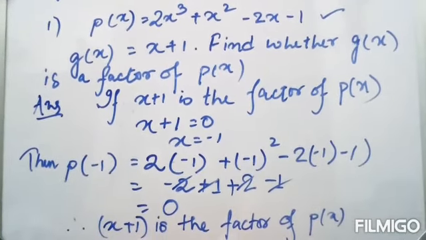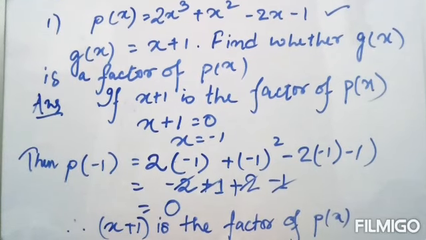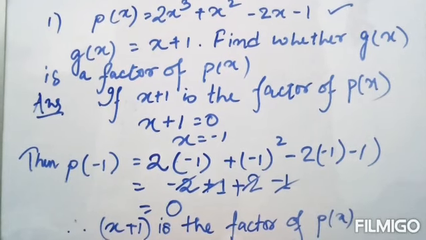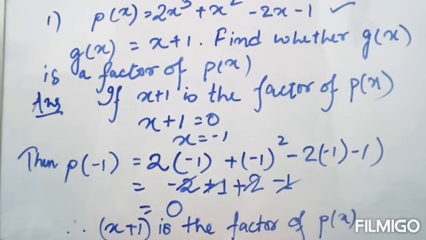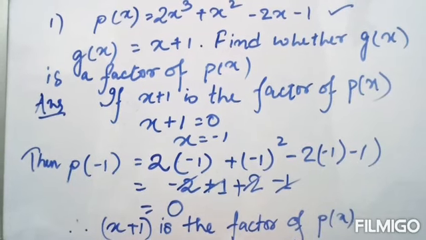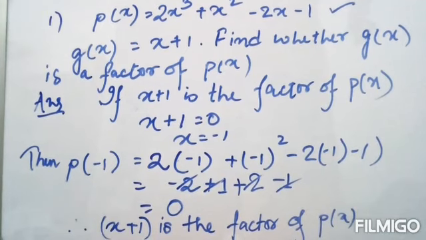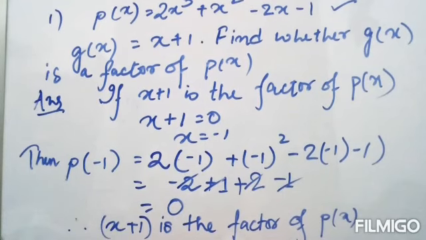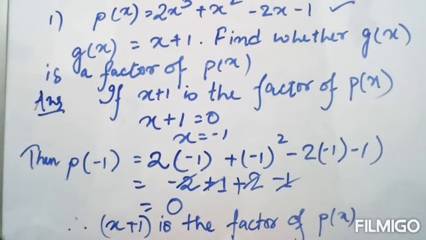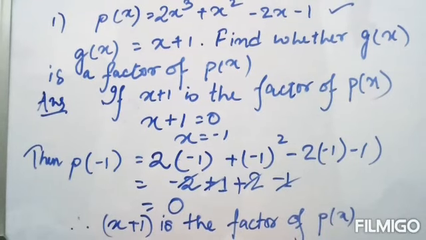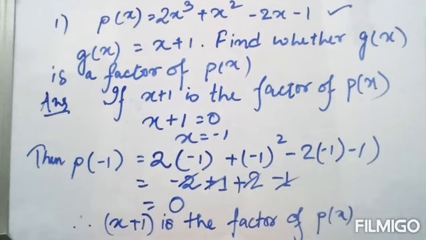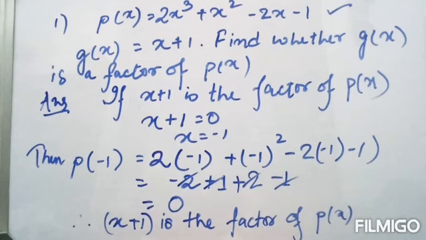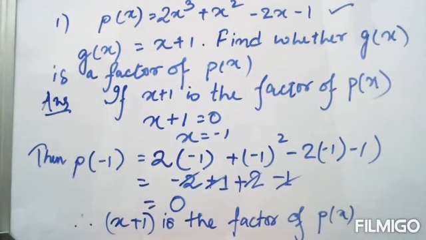This is how we solve when we are given one factor and we are asked to find out whether that is a factor or not. If two polynomials are given, one is told as a factor of the other and we need to justify our answer, we need to put the 0 of the polynomial stated as the factor. That 0 we substitute in the polynomial, and if we get remainder as 0, then that means it's true, and that is the factor.